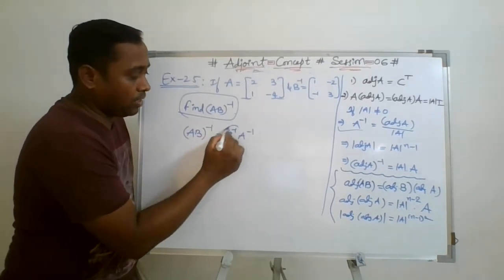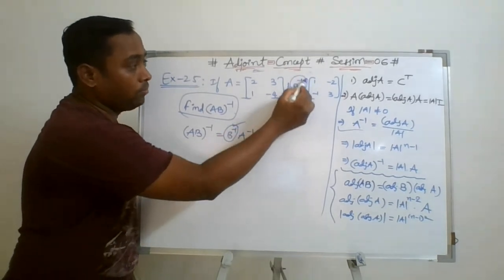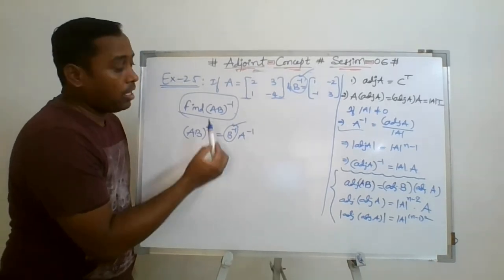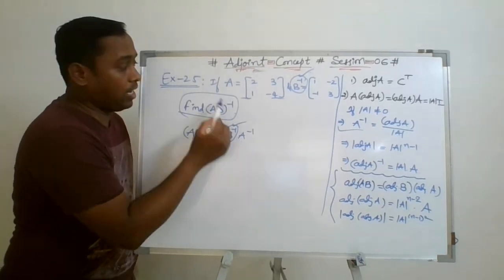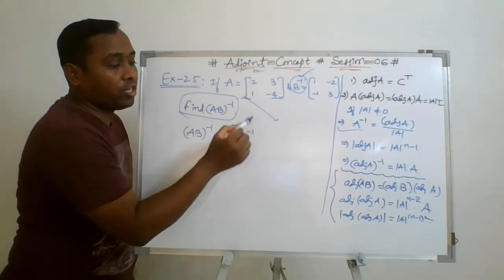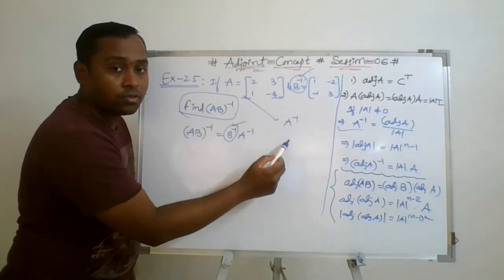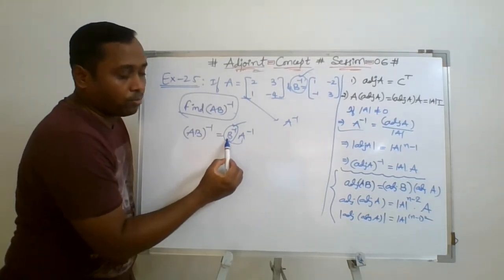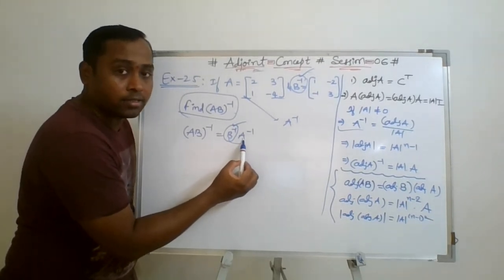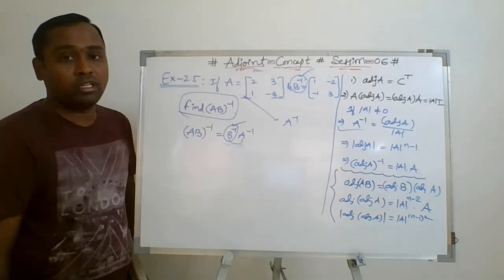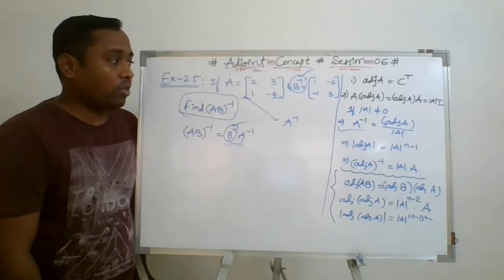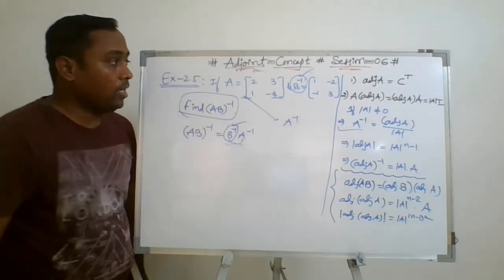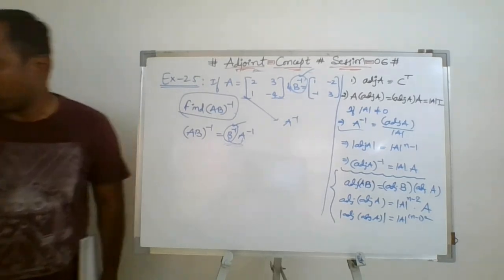So B inverse is already given in the question. No need to do anything here for B. And to find A inverse, we have A. Then go with the general method to find A inverse, right? And then get the product of B inverse matrix into A inverse matrix. That's it. So that will give the (AB) whole inverse. Okay. So save your time. Don't waste your time finding the inverse of the inverse again for both the matrices. Okay. So now coming to the last question.